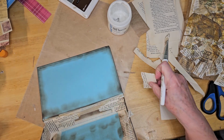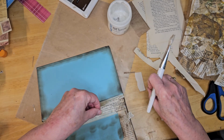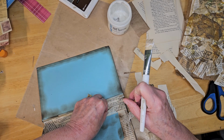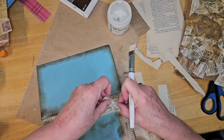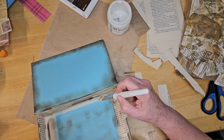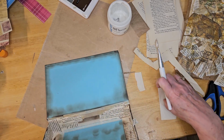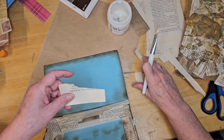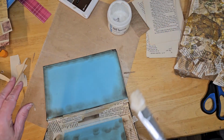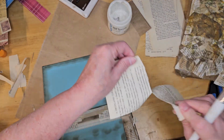Now this won't take a long time to dry, but it will take a little bit of time. So I wouldn't even bother messing with inking the bottoms of this or inking this until it's probably set a good 24 hours, because you don't want to mess up your daubers. You don't want to mess up your ink pads. It's not worth it. Just let it sit. Especially if you're using something like the matte gel medium,